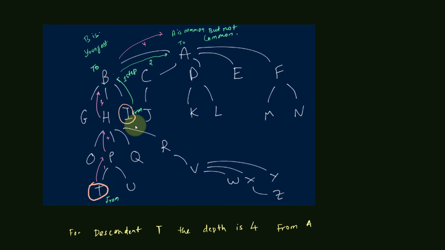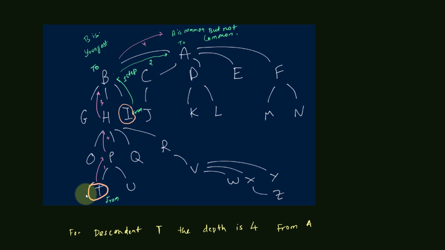Similarly, if I go from I, first I will go up and I go to B. So if you notice, T and I are meeting at the node B. So B is the common ancestor. Again, if you continue, T goes up to the fourth level, and then to A, and I goes one more level up, the second level, and it is also meeting at A. So they both meet at the node A. So A is also the common ancestor of T and I.